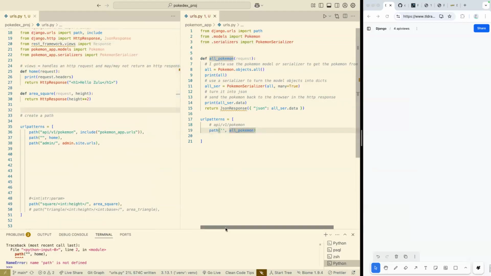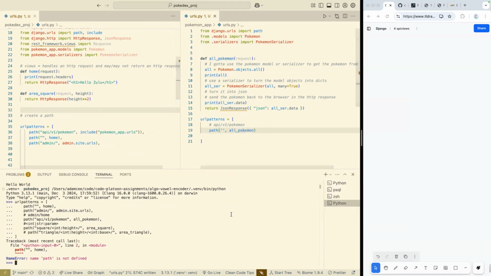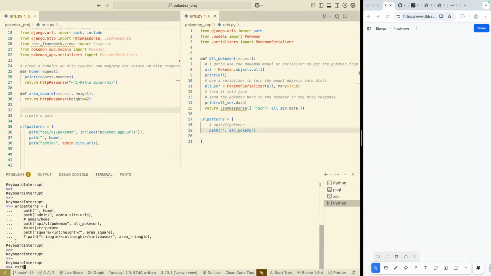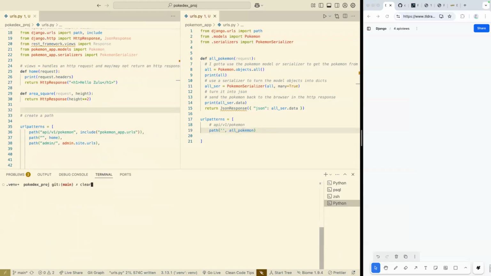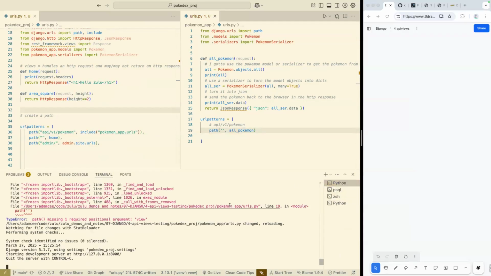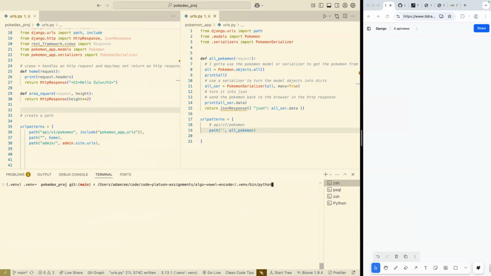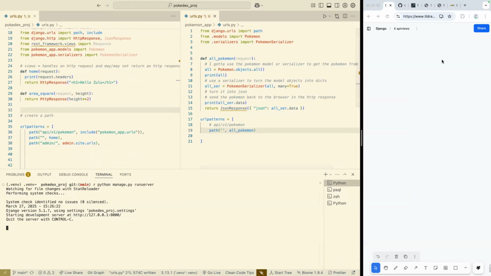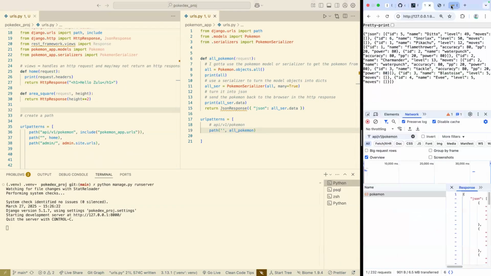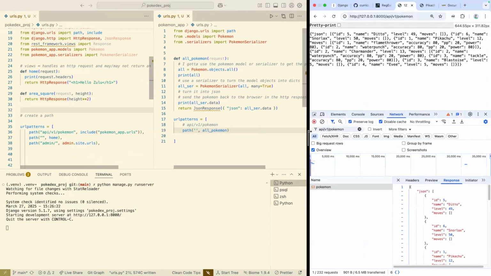But let's just do this step by step. And so fingers crossed, we should still have this be working. And let me just restart my server, just for my own sanity. The Django server is really good, but every now and then you have to restart it. If you change settings.py, you definitely have to restart the server. So let's see if this works. If I hop over here to my same endpoint,